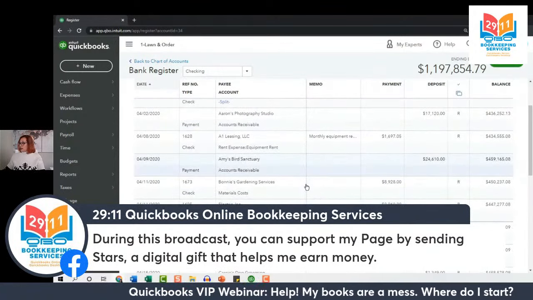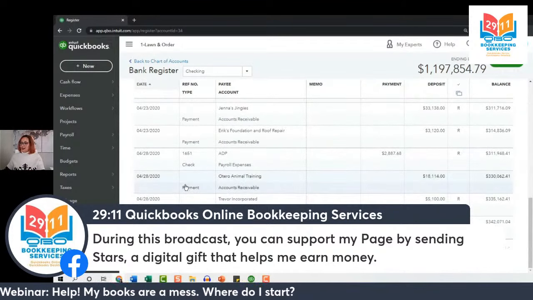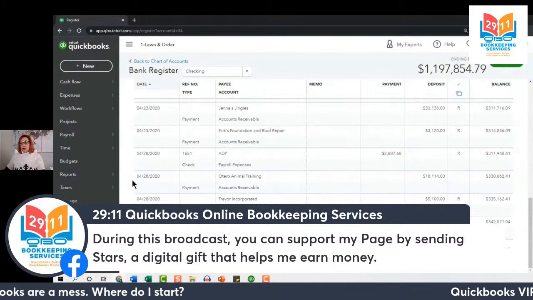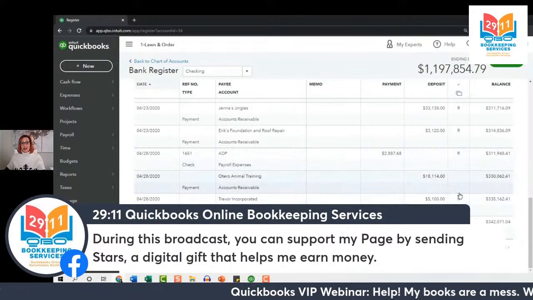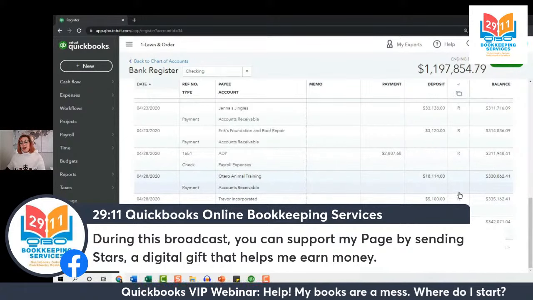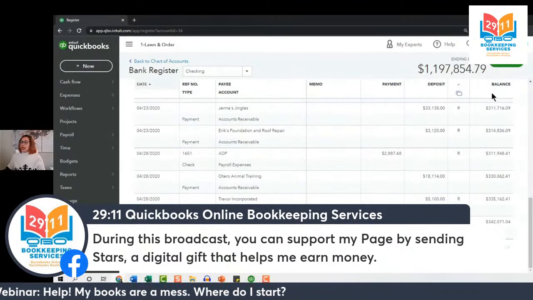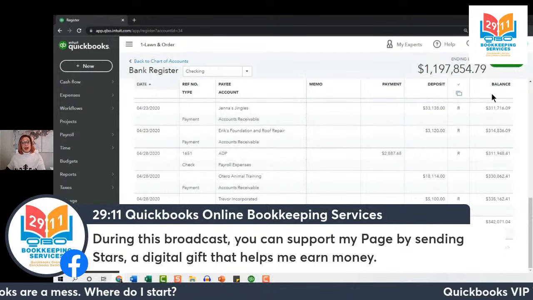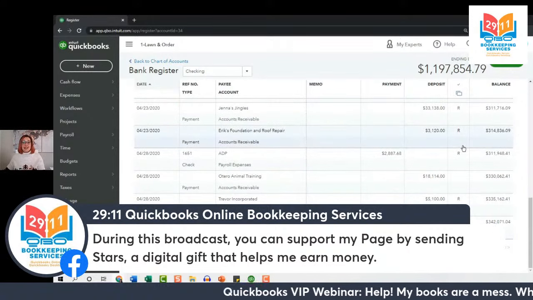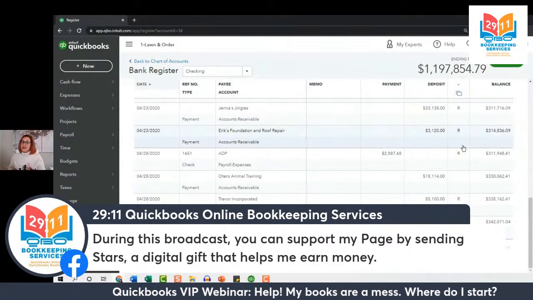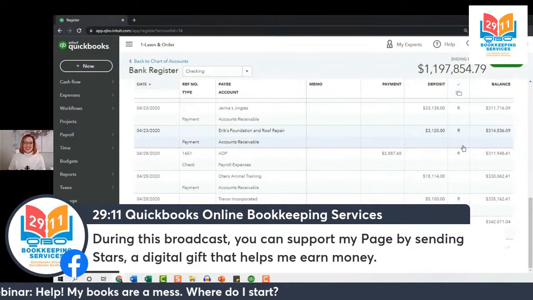Now, if I'm searching through, oh, there's the Amy's Bird Sanctuary. Let's keep going. There it is. I have a payment recorded on April 28th, and it's appearing right here in this register. But I do want to point out one more column. Do you see this small column that appears within the deposit and balance columns over towards the right-hand side of my register? All of these symbols that we're seeing in this list do give us a bit of context about what's going on with that transaction. It's called a status, and it actually informs us of the reconciliation status.